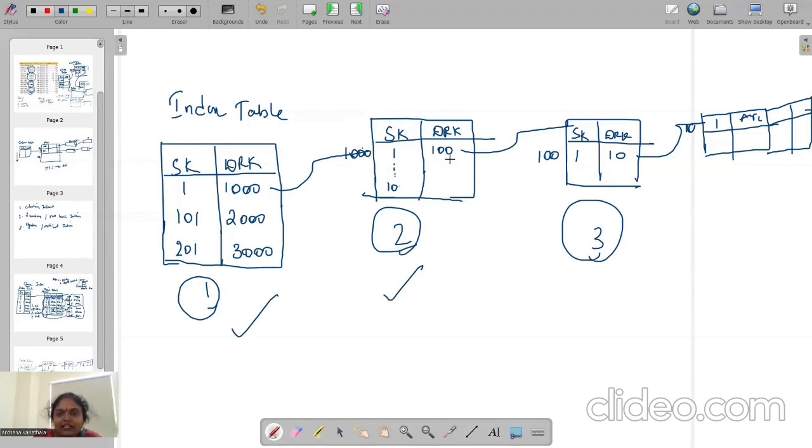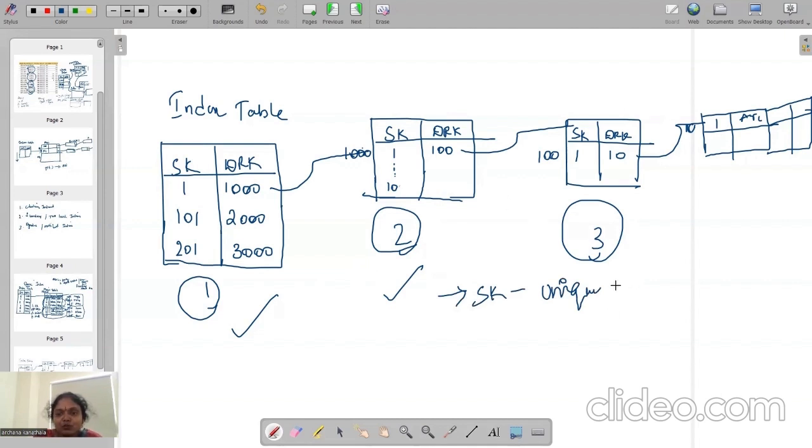So why is this sort of technique implemented? This avoids putting all the data together, making a very large or dense index table or large table of information, wherein reading and then searching for the data will be a tedious job. Instead, when you break down the whole table of information into multiple smaller subtables, fetching the data and accessing it, the searching time will also get reduced to a greater extent. Right? So the characteristics of this secondary as well as multi-level indexing technique is that always the search keys should be